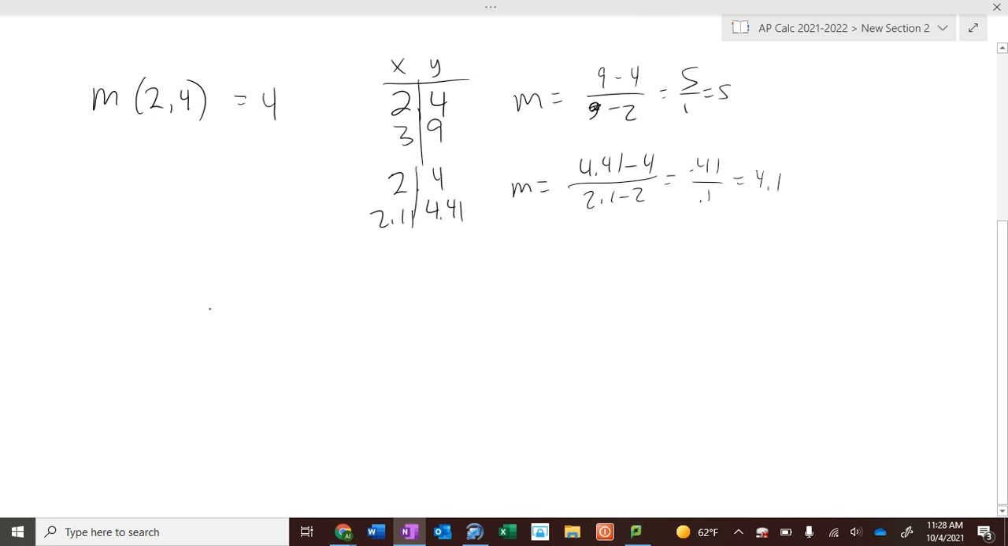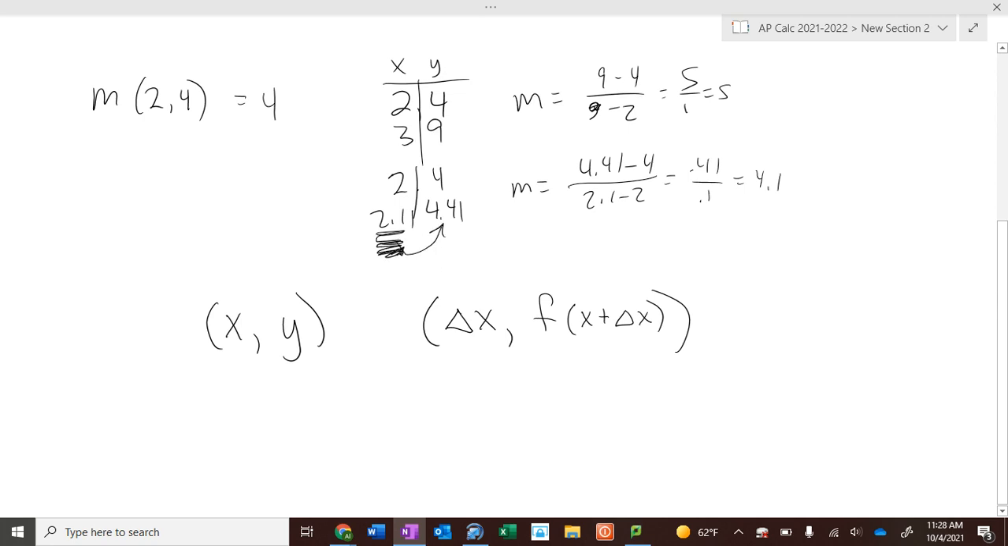Now, what are our 2 points? Well, one point is going to be x and then y. And then we're going to have a change in x. And then we're going to have an f of x plus the change of x. Because x is going to change so much, and then you have to put that number into the function. Because that's what we did with this. Put the new x into the function,